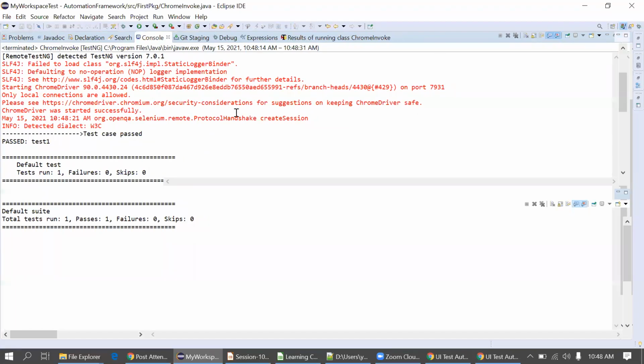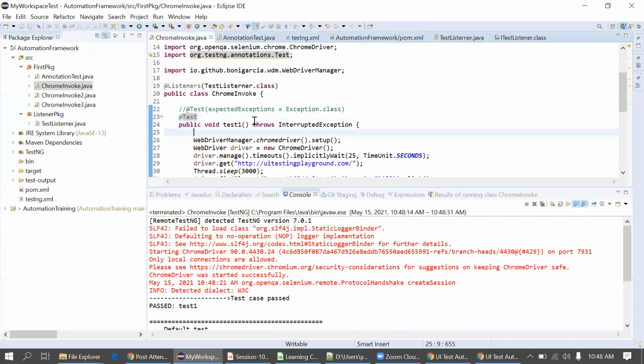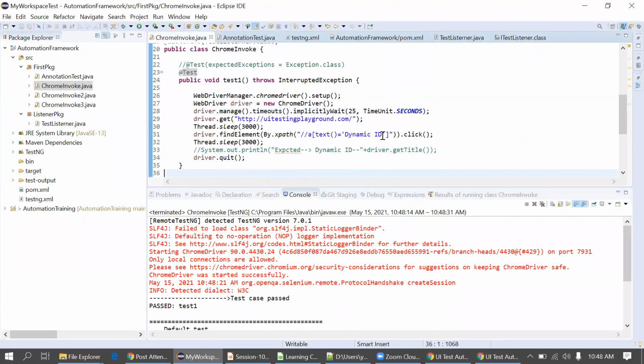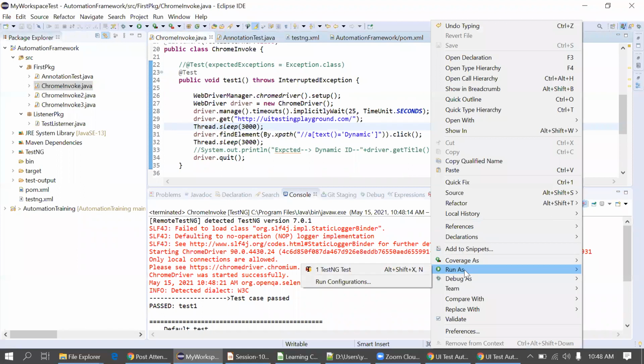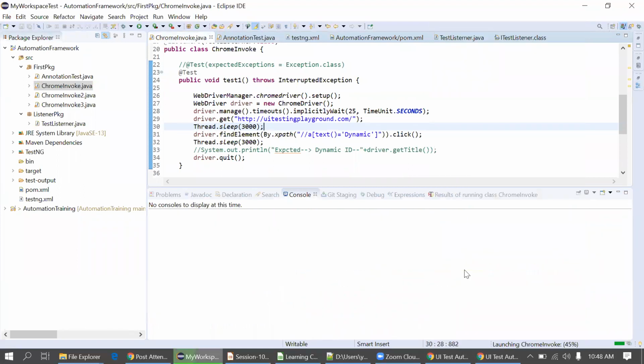Now I'm failing this test case. I'm changing the locator value here to one which is not present on the UI. And now I'll execute this test case again. Run as TestNG test.